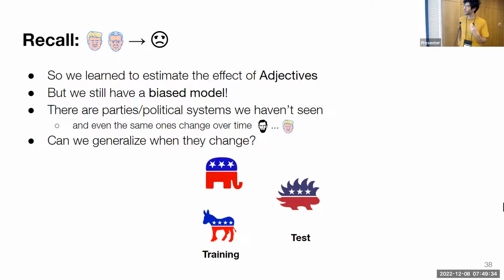And the question this literature asks is, can we generalize when this information changes? Can we learn in a way that is not using this domain-specific information? Maybe can we learn a sentiment classifier that is not using specific individual names and just using the actual content of the text? Can we use this type of tools to build a model that only sees a cow and does not use the background when making predictions?